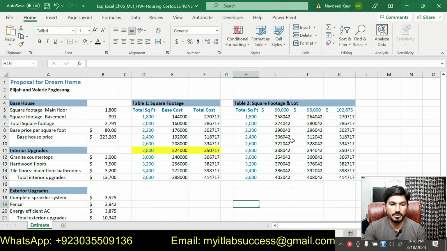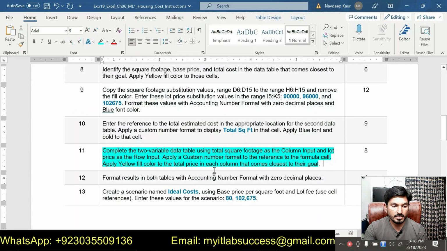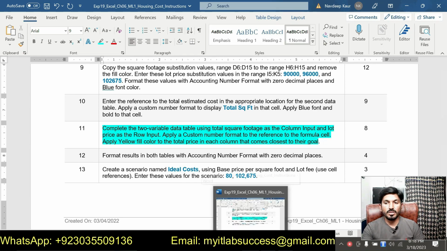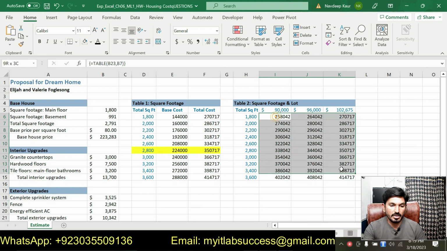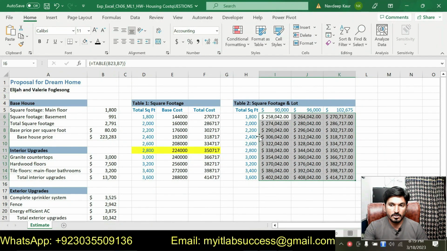So we got the table and next thing to do is it is saying that apply a custom number format to reference to the formula cell. Apply yellow fill color to total price in each column that come closest to their goal. So we will first format them as a counting number format with 0 decimal places,